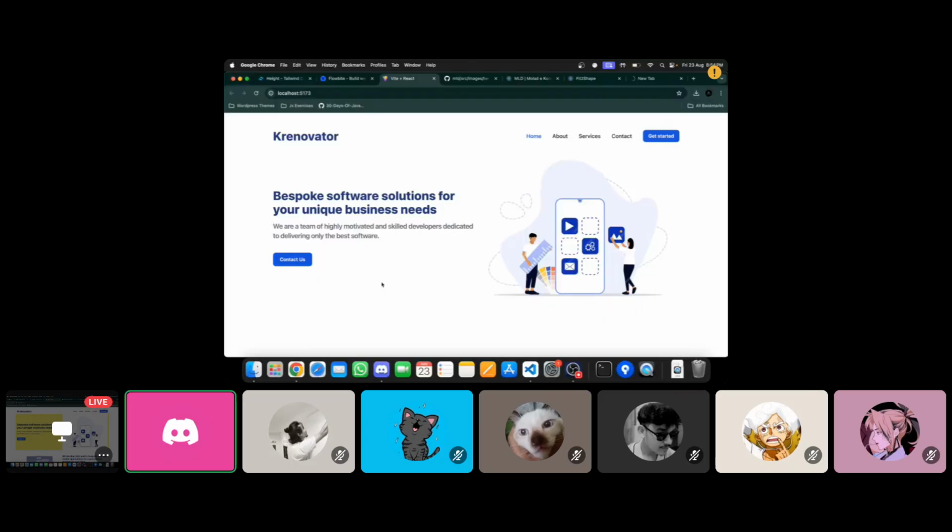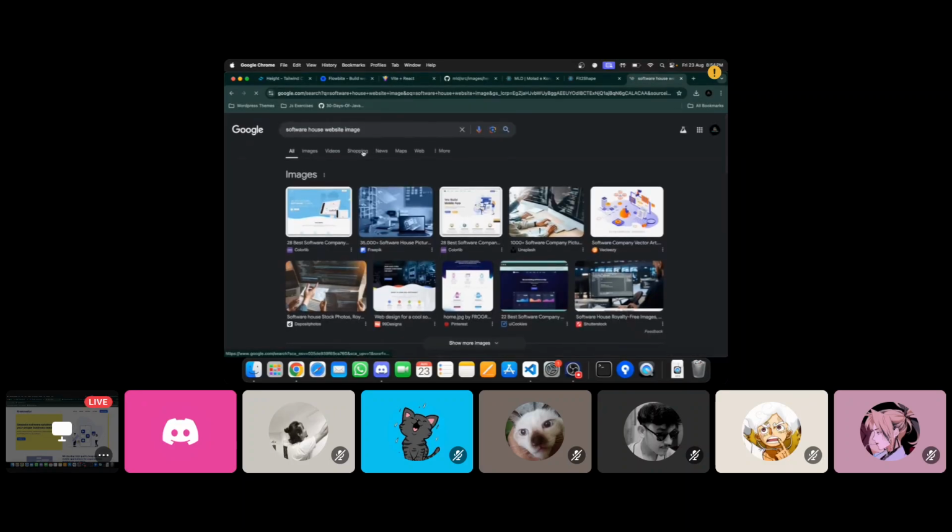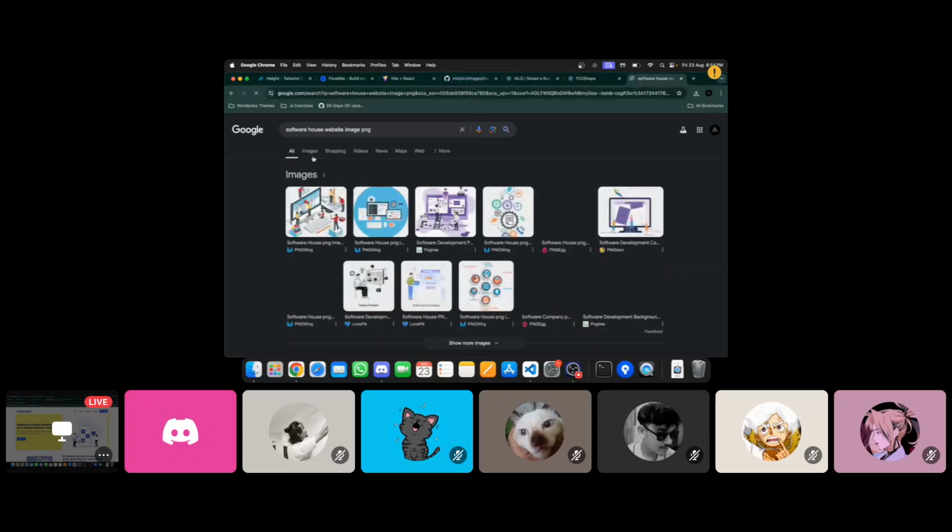Okay, so for major images, for important pages, it's better to use a local image. So let me download some images.